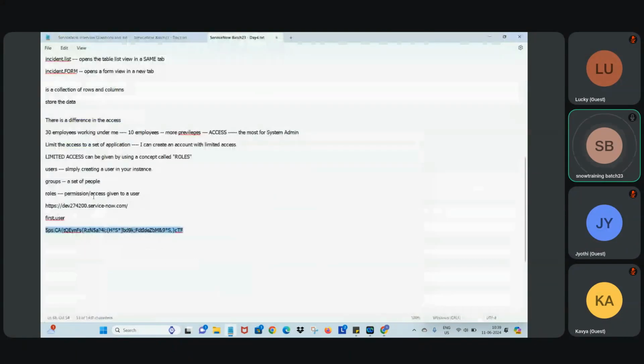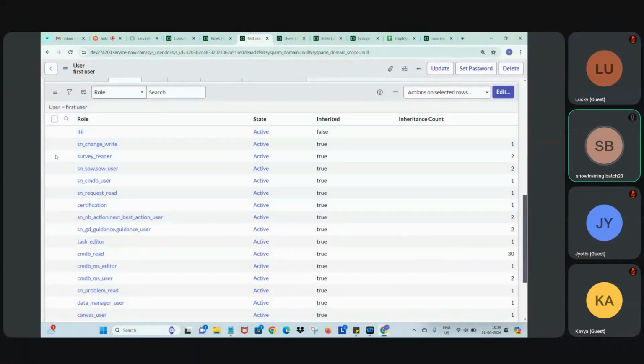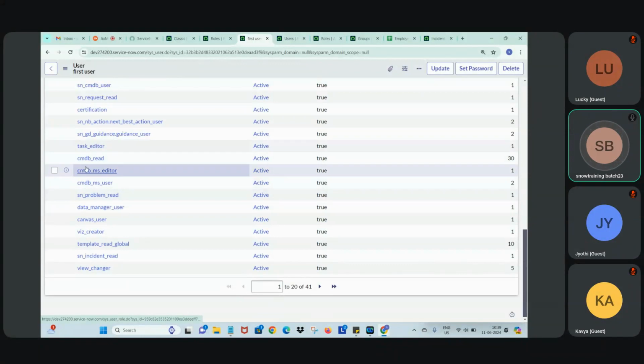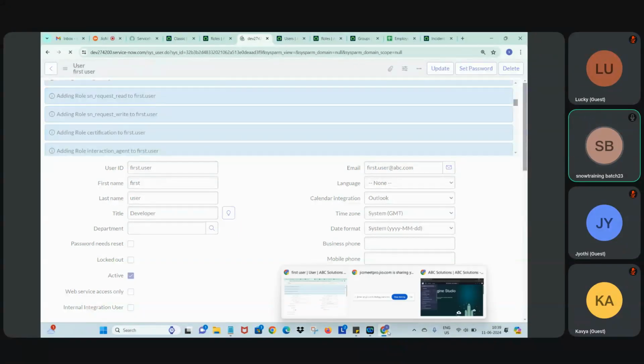That concept is called parent-child roles. That means a role can contain other roles. ITIL role is having 40 child roles. That's the reason why along with that ITIL role, other 40 roles are getting added. Like see, SN change right, task editor, CMDB read, canvas user, all these are added. Okay, then save it. Now go to the user